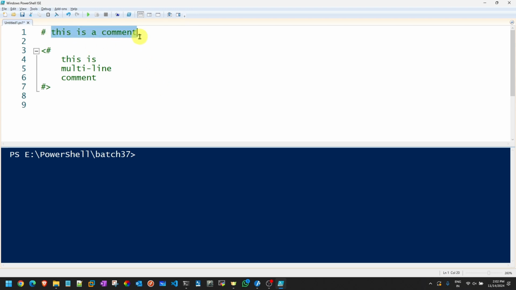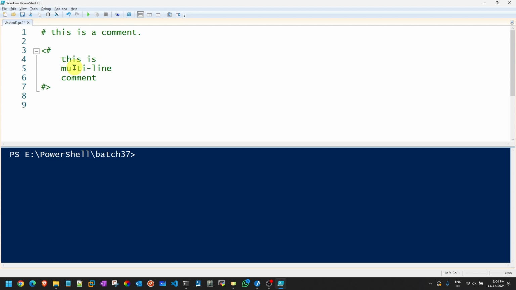So this is a single line comment. You can use it for multiple lines, not a problem, but multiple times you have to add this hashtag. So better than that, we go with this kind of symbol so that we have proper clarity about what needs to be done. And the beauty of this multi-line comment is, if I want to show you the entire output and I don't want the comment to be displayed, I can just collapse it like this.